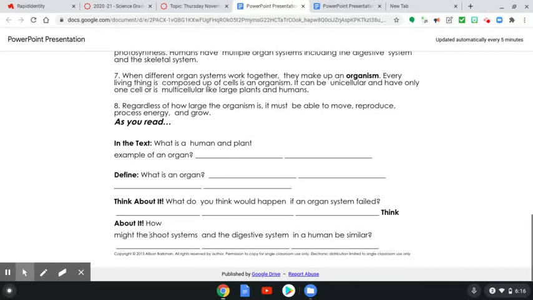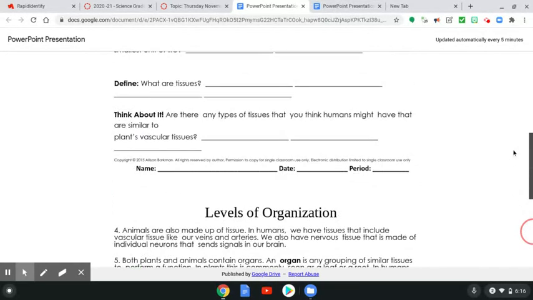Again, this goes with the next question. How might the shoot system and the digestive system in a human be similar? Shoot systems are in plants. Okay, so after that,